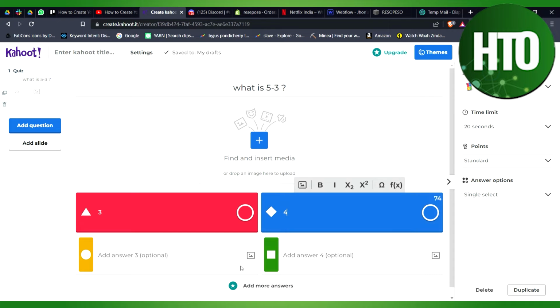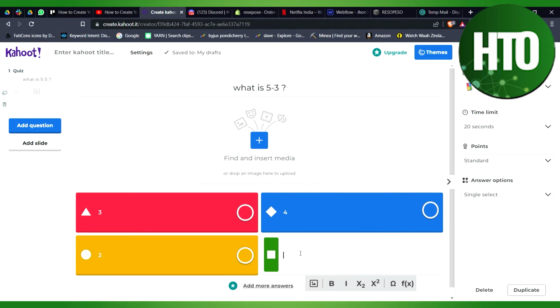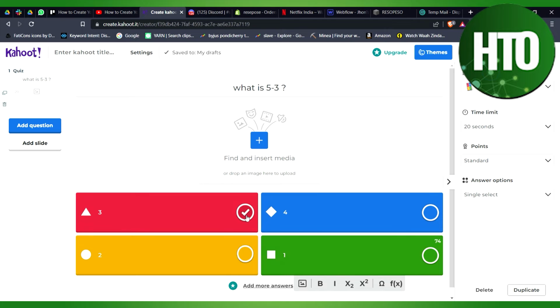And I will just add options here. Let's say, yeah, I will add the options here, and right, so these are the 4 options, and you have to select which one is the correct one, okay? And you have to just go to the circle icon, just click on it, and you can select. So I will just do that. And here if you want more questions, you can just click on Add question,